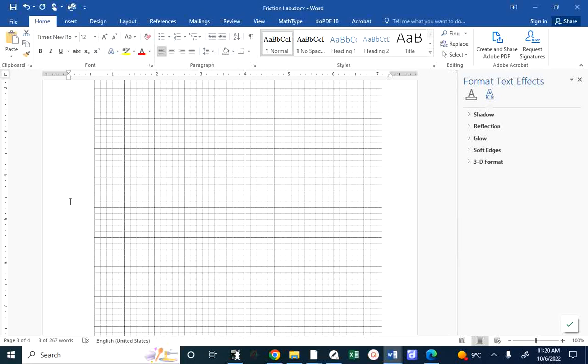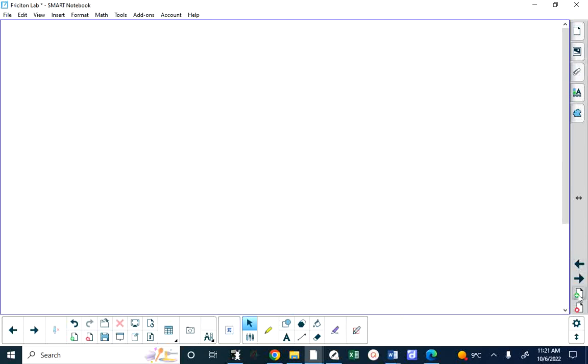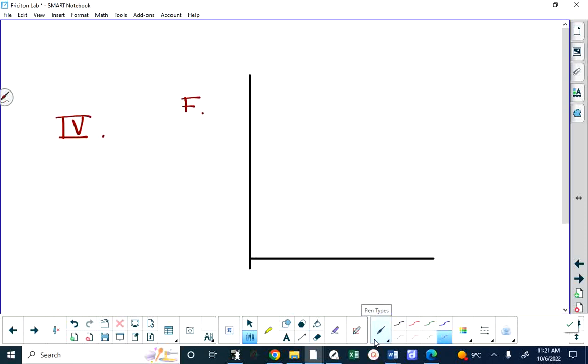I better pick up the pace. I want to give you guys enough time to get your data. So for number 7, you need to construct this graph. Force of friction, normal force. And I want you scaling things so that you use a lot of the graph paper. Don't make a really awkward scale, but when you look at your graph, horizontally,